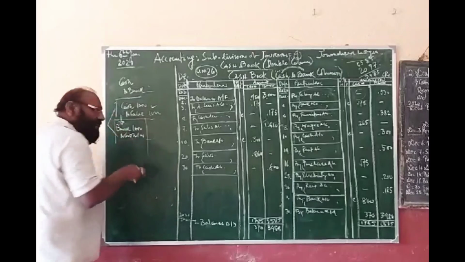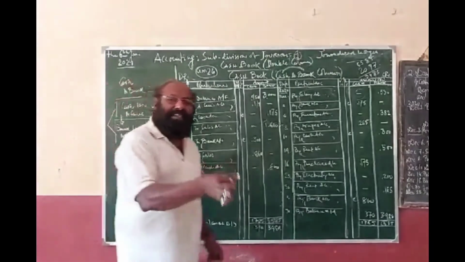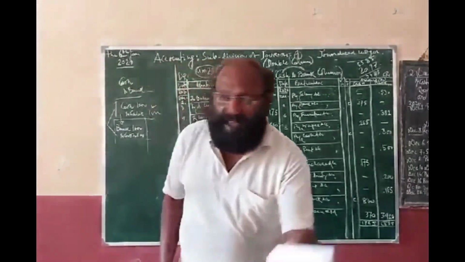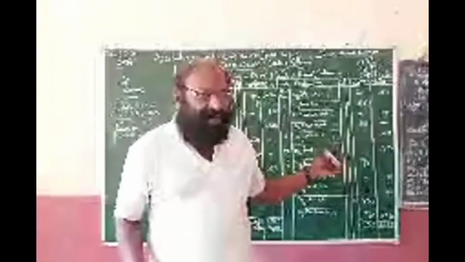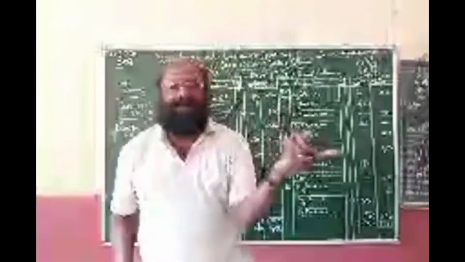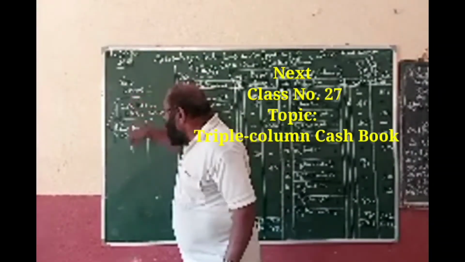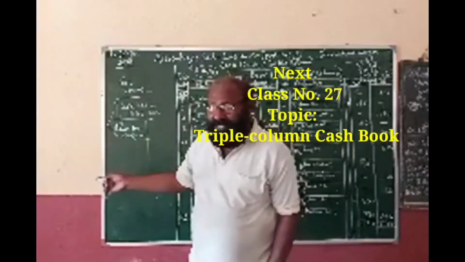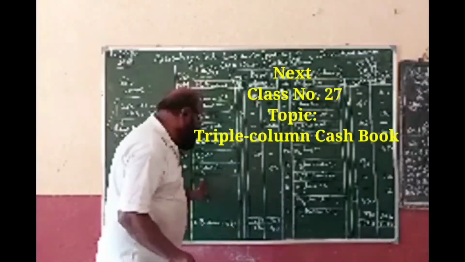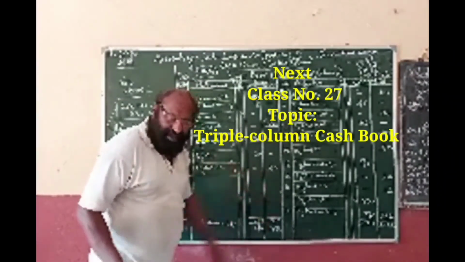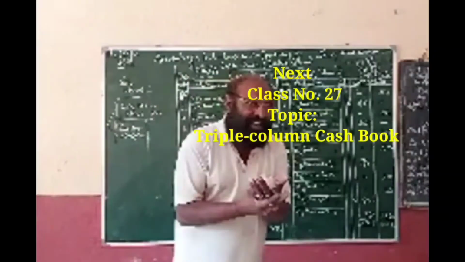But if we receive the check for the sale of goods and it is deposited into bank the same day, I have already given the detailed analysis, so it should be cash account debit to sales and bank account debit to cash. So cash and cash will be cancelled out and it will be bank account debit to sales. It will go straight from sales to the bank. Clear? So these are the issues.